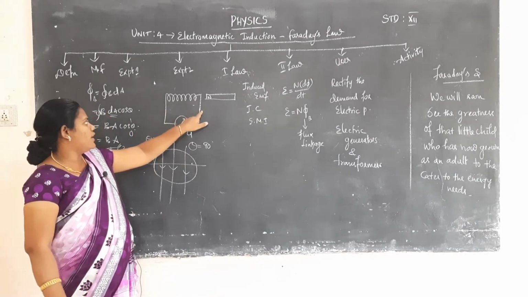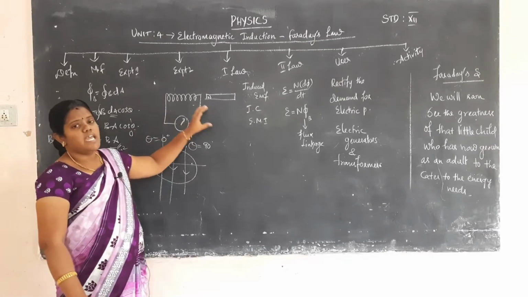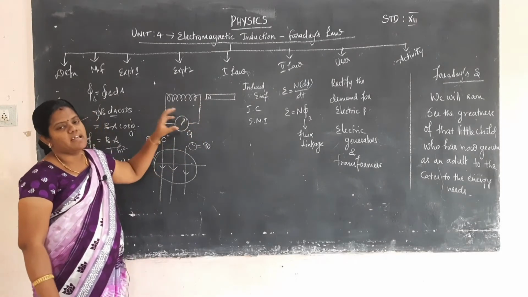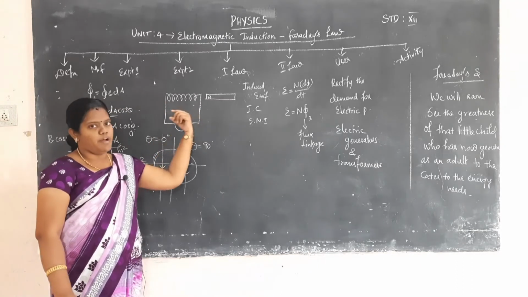The two ends of the coil are to be connected to the galvanometer's two terminals. Clear? Then take one bar magnet. The bar magnet has two poles, one is the north pole and another one is the south pole. So the north pole of the bar magnet